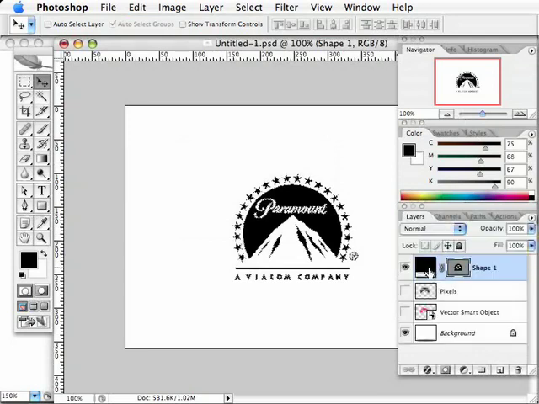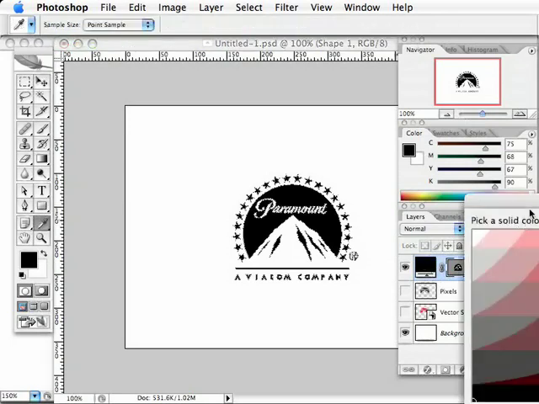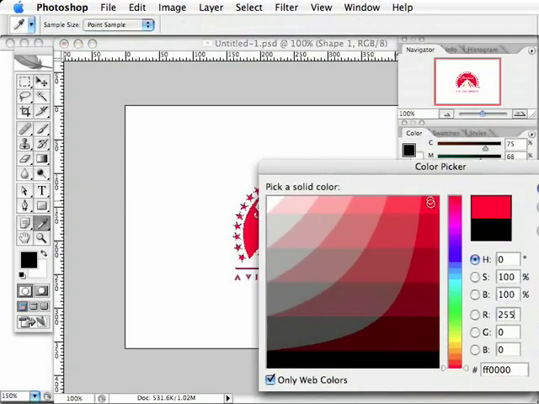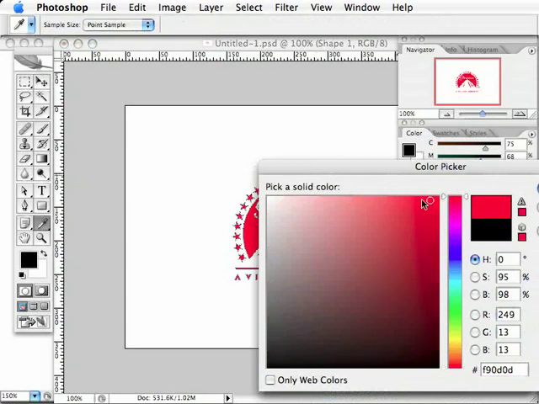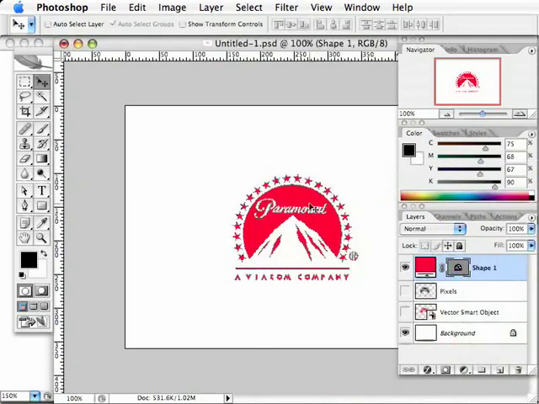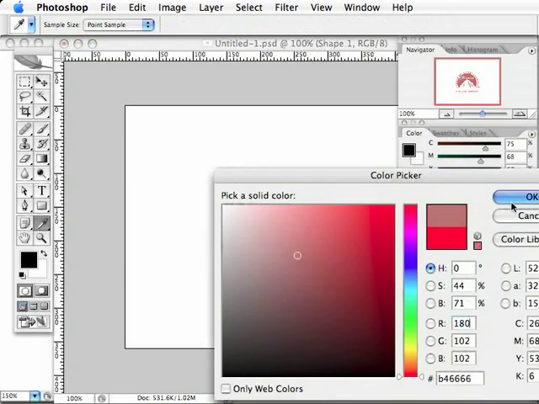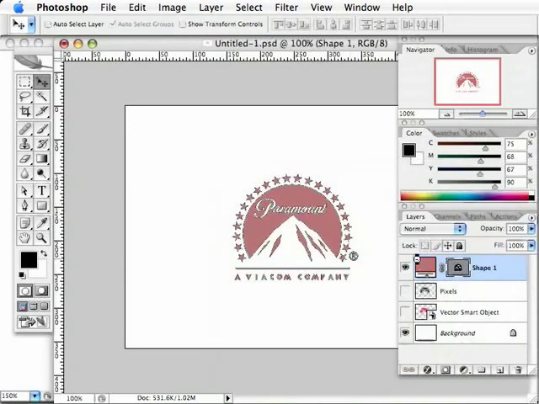So that's vector data. And the icon to the left in the layers palette dictates the color that it is. So this is really, really editable. I'm going to go ahead and double click on the black swatch here, and I get my color picker, and I can choose any color I want. So I'm going to go to the brightest red and click OK, and there we go, it's red. So I can double click on that yet again and change it to any color, and do that repeatedly and